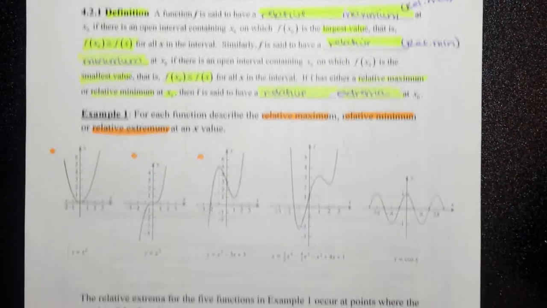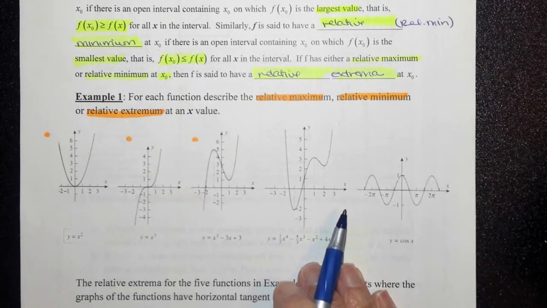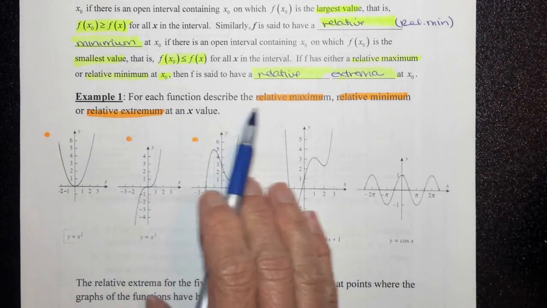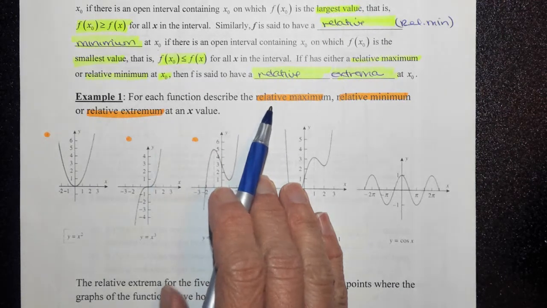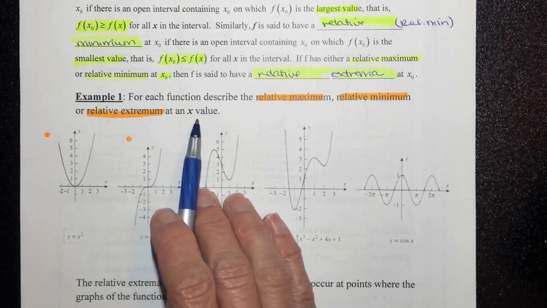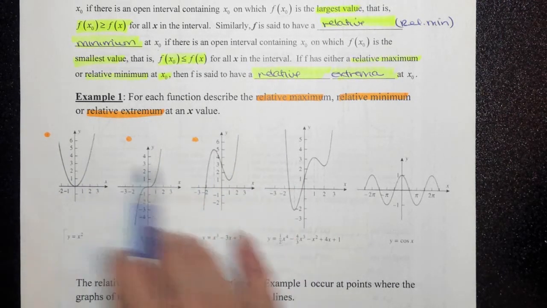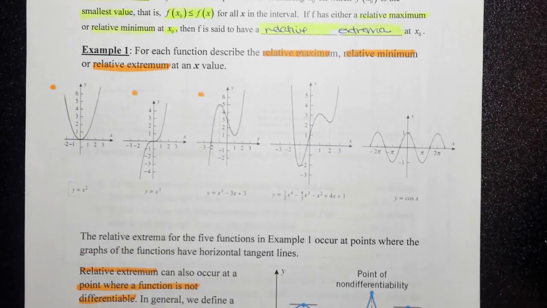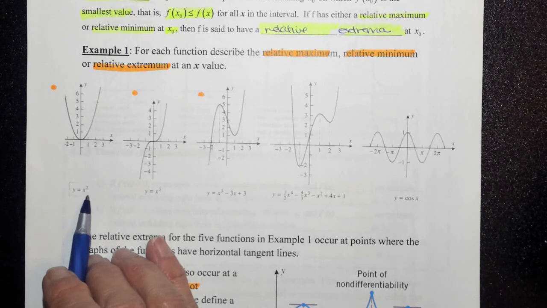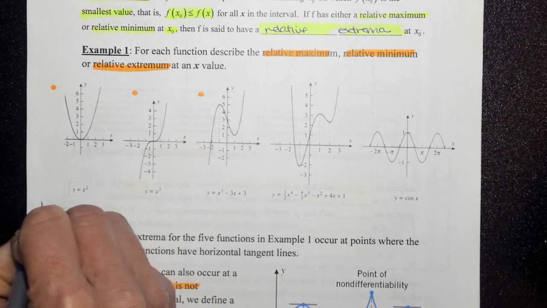So I'm going to show you some examples here. These graphs are already given. It says for each function describe the relative maximum, relative minimum, or extremum at a given x value. I'm going to talk about these ones with the orange dot. So first of all, our classic graph, y is equal to x squared. If I were to talk about a relative max,